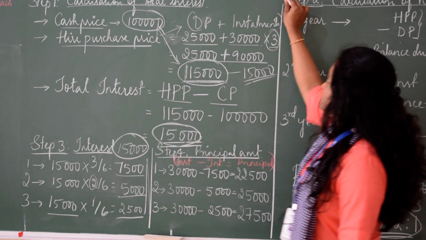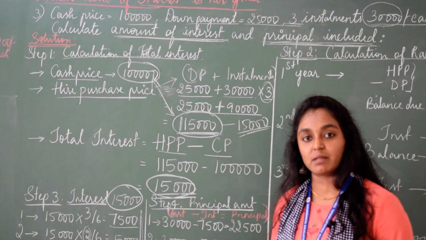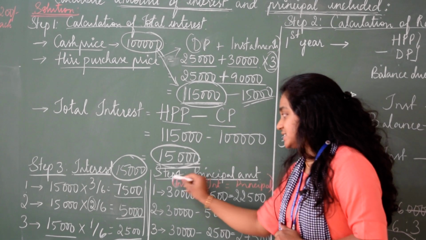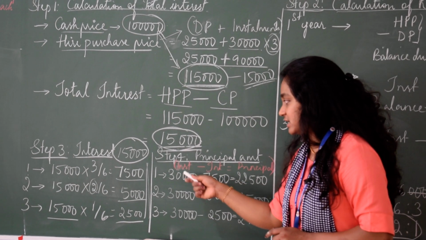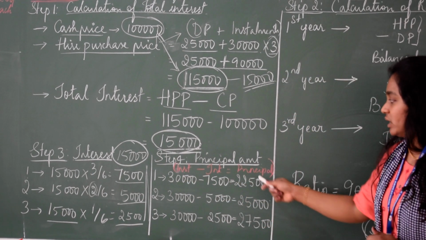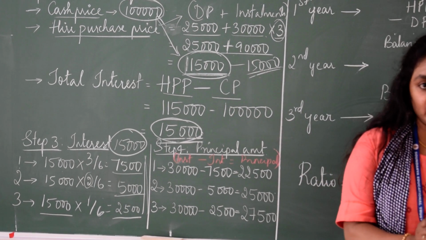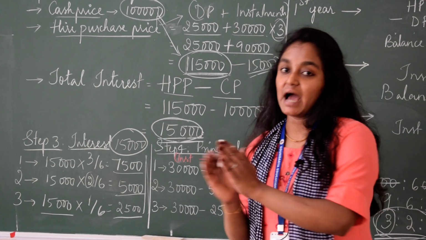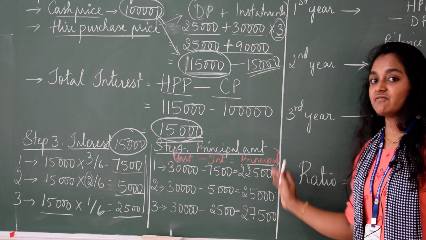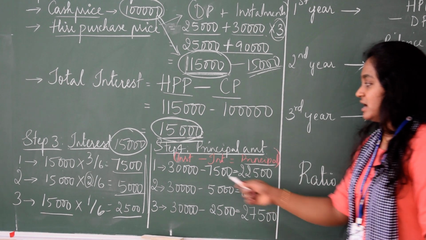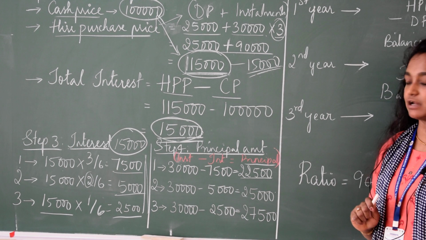The next question they have asked is principal amount. So in the last step, we also have to show what is the principal amount that we are paying. So in the step 4, we have to find out what is the principal value. For that, we use a small formula, that is installment minus interest will be amounting to principal value. It is always principal amount plus interest that adds on to installment, but we want only principal amount. So we are doing it vice versa. If you want principal amount alone, take the installment value, remove the interest from it, and then you will be getting the principal value. That is what we have done here.